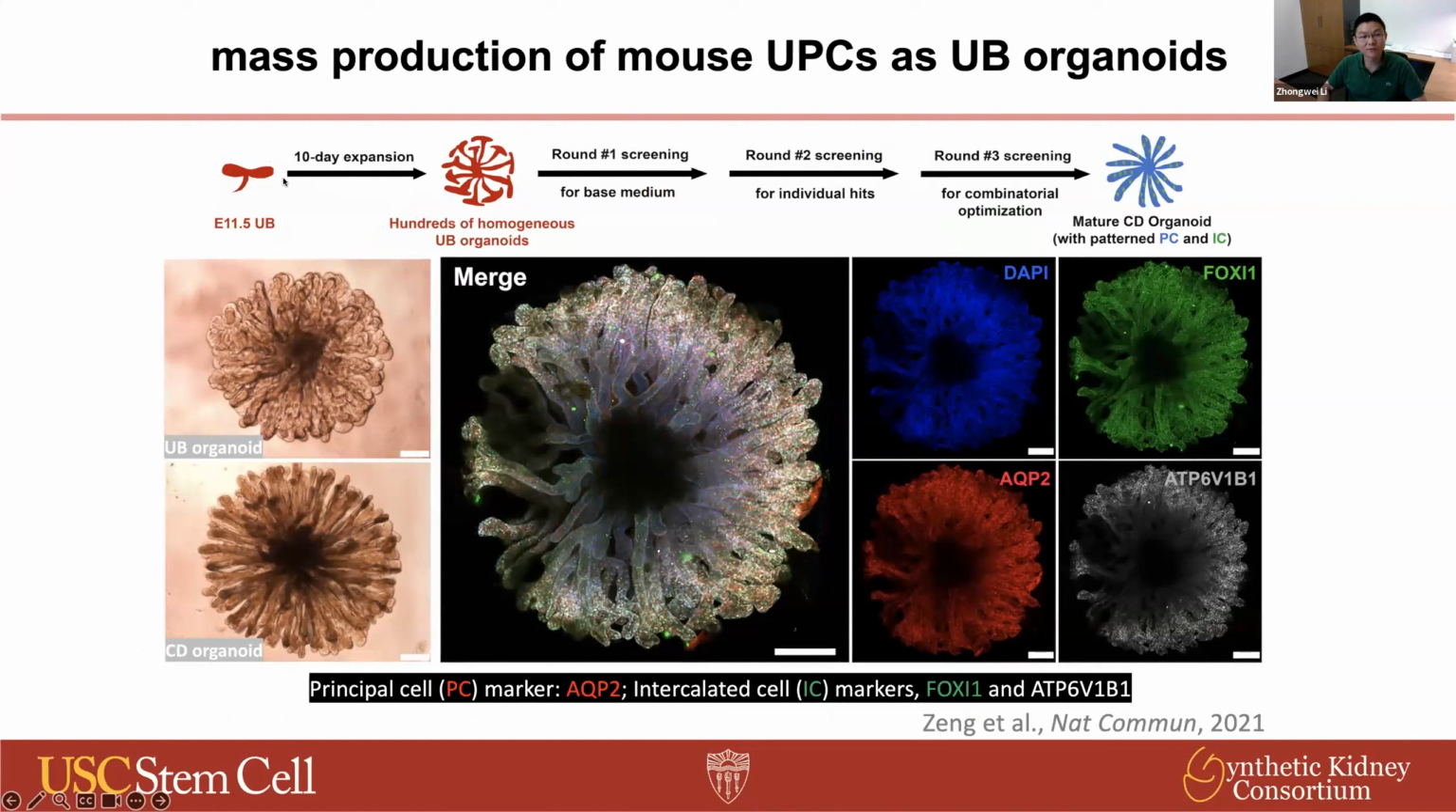So from each individual UB tip, we are able to generate hundreds of homogeneous UB organoids, which allowed us to identify a differentiation condition that can generate those highly elongated collecting duct organoids with the presence of both aquaporin-2 positive principal cells and the FOXI1 and ATP6V1B1 double positive intercalated cells in the same tubule across the entire collecting